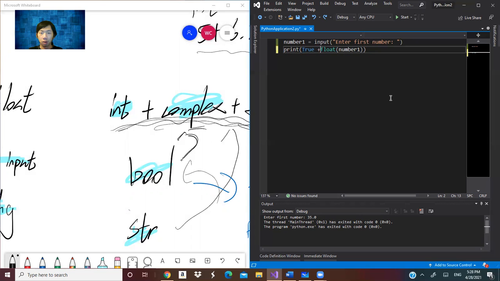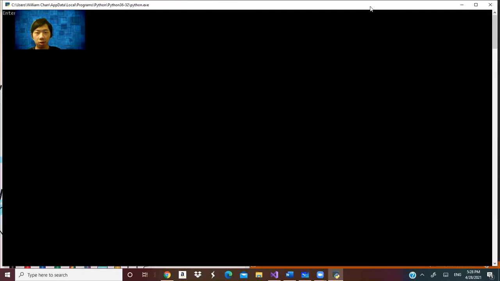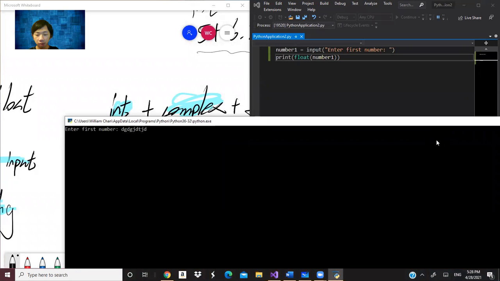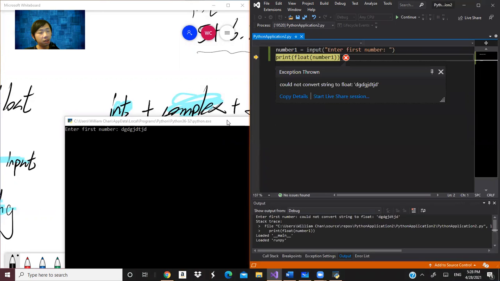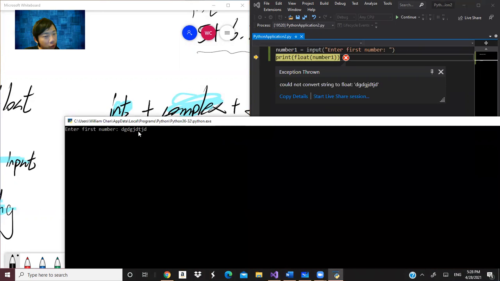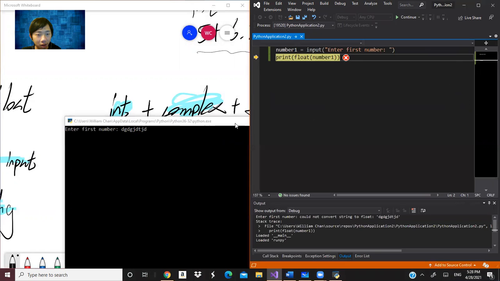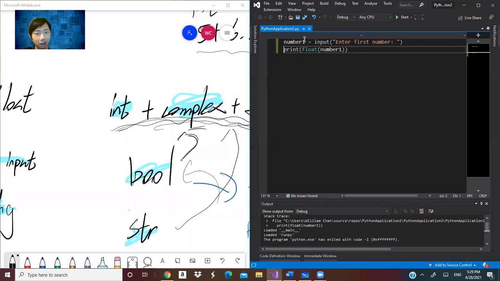Let's use the float as an example. It doesn't work because it cannot be changed to a number. So we understand that. I hope you understand this.